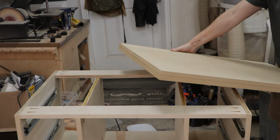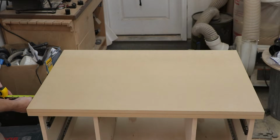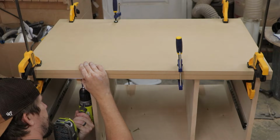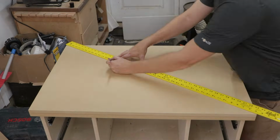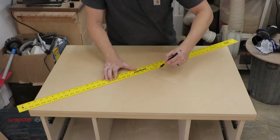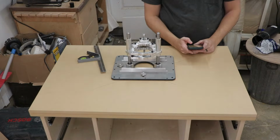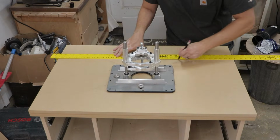After that, it was time to get working on the top and get the hole cut for the router lift. To start, I clamped it down to the cabinet and screwed it in place. And then I found the exact center of the top using a straight edge from corner to corner. Then I used the router lift as a reference to where I needed to cut this hole because the router